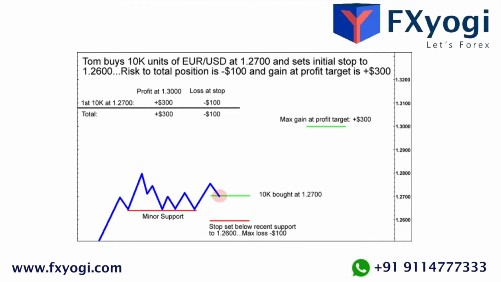With a starting account balance of $10,000, Tom's initial risk will be $100, that is $10,000 times 0.01. With a 100 pip stop and $100 risk, he has determined his initial position size to be 10,000 units. He will add 10,000 units every 100 pips and trail his stop every 100 pips.